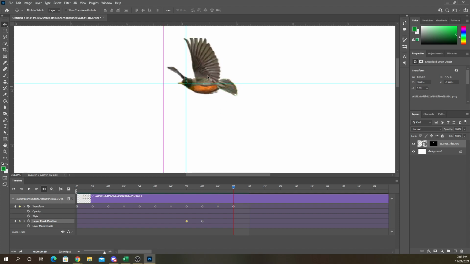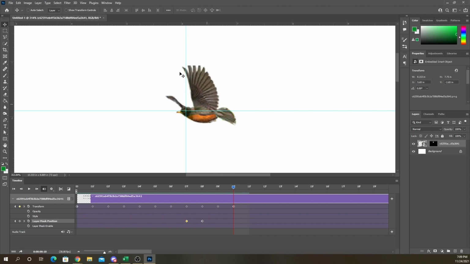Oops, I didn't mean to move that. There we go. Alright, yeah, it doesn't have to be perfect, but these two frames look almost the same, but they're actually two different frames. So on this one, the wing is again clipped a little bit. So on this frame,